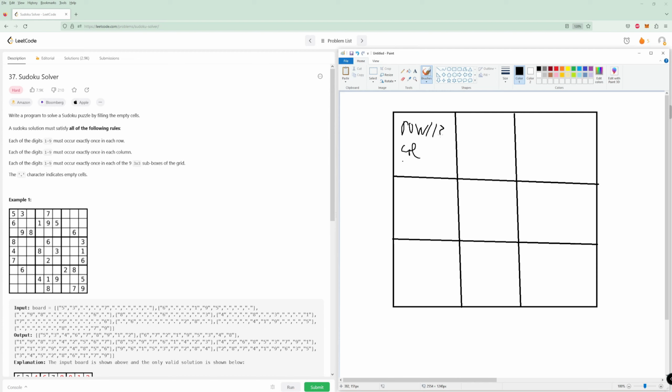So if we take the row divided by 3 and the column divided by 3, let's see what that would look like. So if we're in, let's say, row 1, column 1, what would that look like? Well, row divided by 3, and remember this is the integer divide, so it's going to round down. Row divided by 3 would be 0, column would be 0. So anything in rows 0, 1, 2 would be in 0, 0,